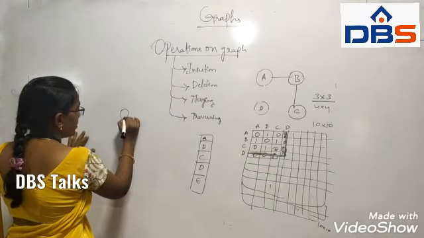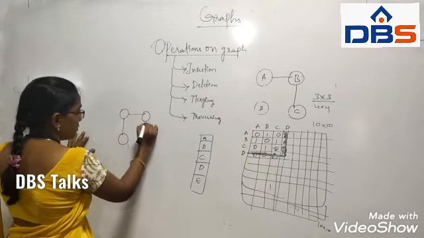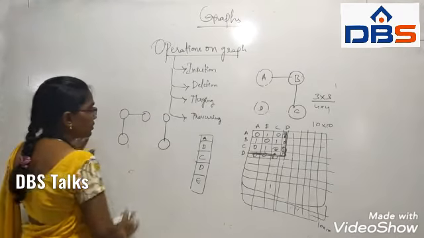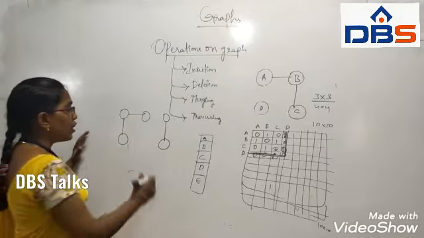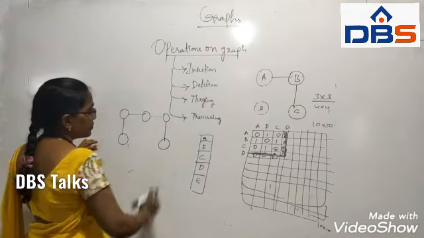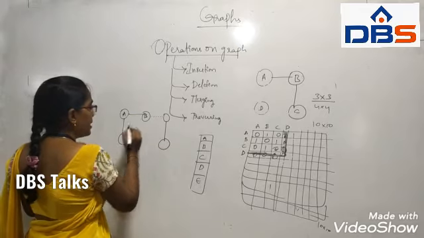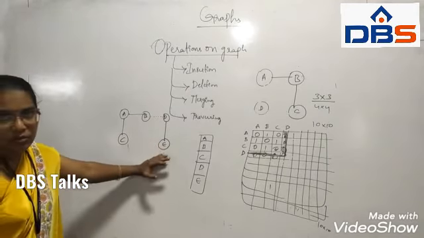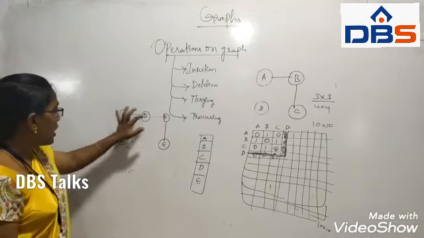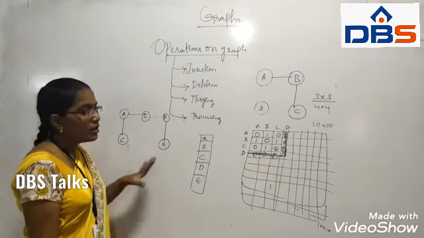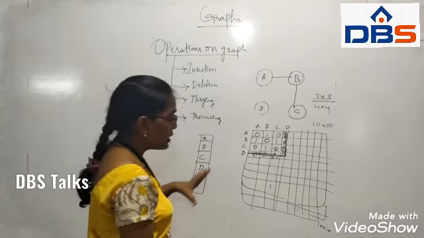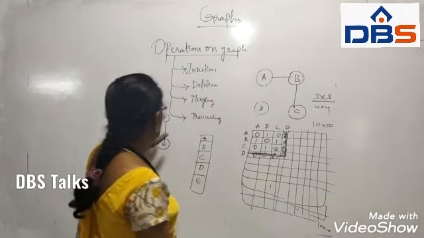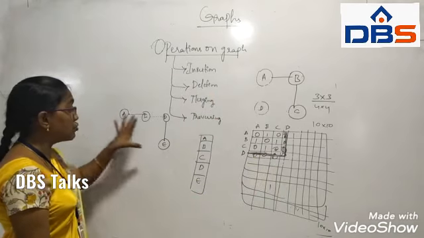Then if you want to merge two graphs, suppose this is one graph and this is another graph. We want to merge these two graphs. What do we have to do? If it is A, B, C, D and E, here you have 2 vertices, here you have 3 vertices, totally 5 vertices. We have to take the order of 5 by 5. Okay? The size is fixed in the beginning itself. We have taken 10 by 10.